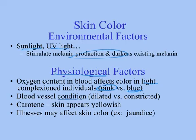The blood vessel condition: if blood vessels are dilated, more blood's going to go to an area. It's going to appear more pink, like we talked about. If blood vessels are constricted, not as much blood's going to go to that area, and it's not necessarily going to turn blue, but you're going to see that as more of loss of color. So like when you do the capillary refill test and you look at your finger and it's white temporarily, that's because there's less blood in that area, and then within a second or two it turns back pink because blood flow has